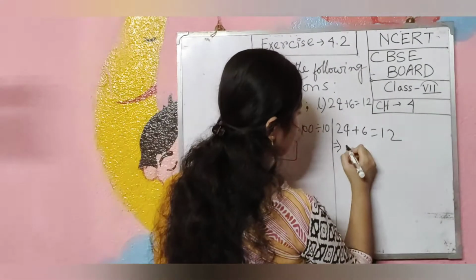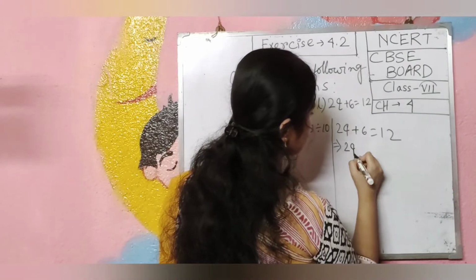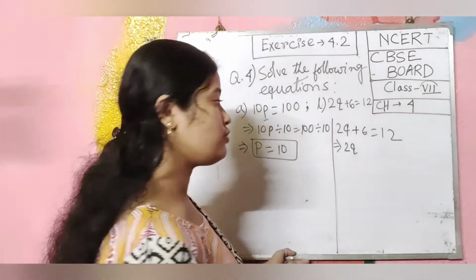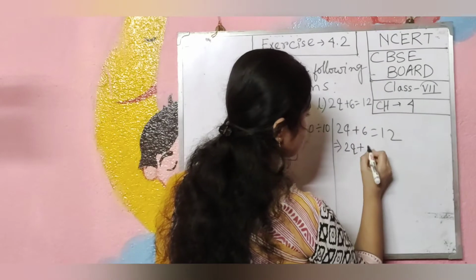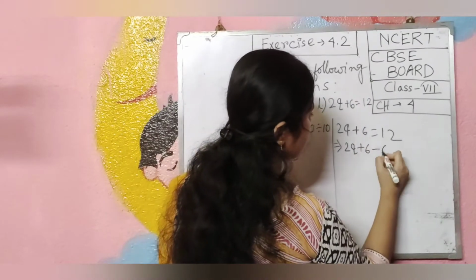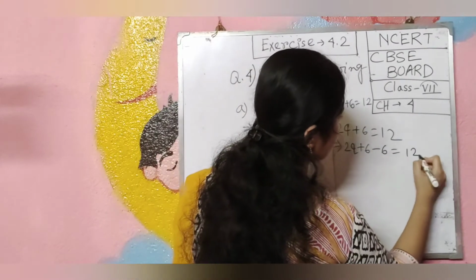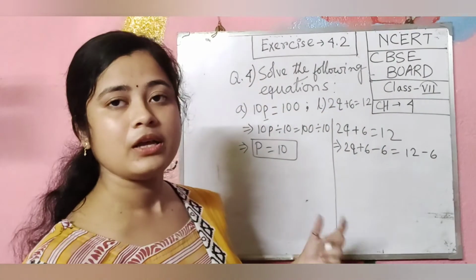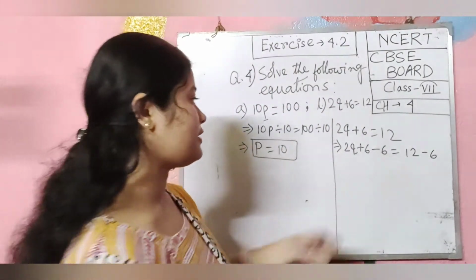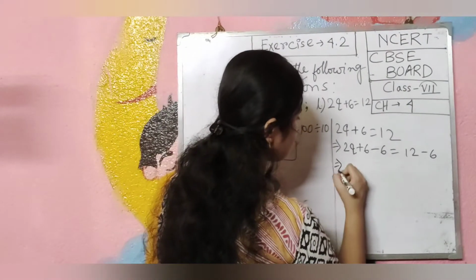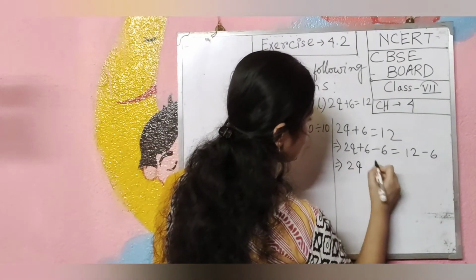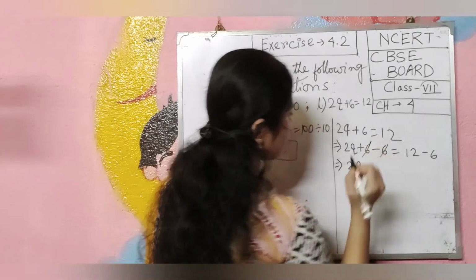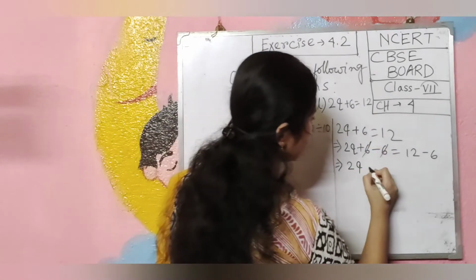Okay, so here there is no need to add a step, I will only solve. Plus 6, so plus 6 opposite is what? Minus 6, and that one I will do on both sides. Okay, which one will I do? Whatever you do on the left hand side, you must do on the right hand side. Then what will be the answer? That is 2q. So plus 6 and minus 6 will vanish, and only 2q will be left.